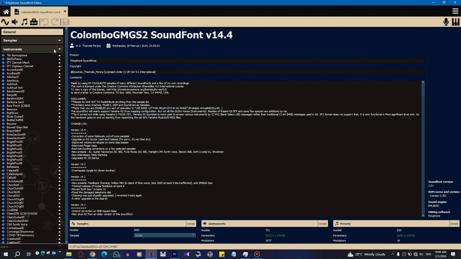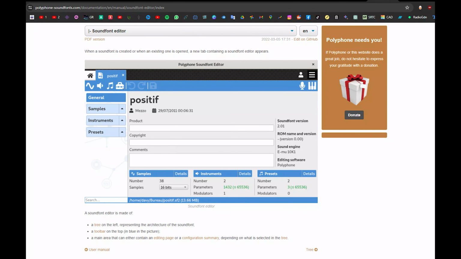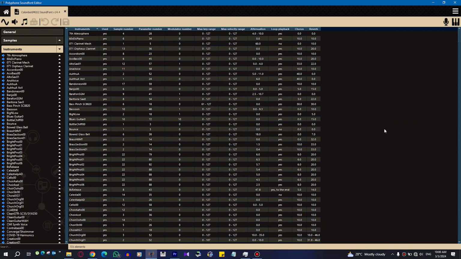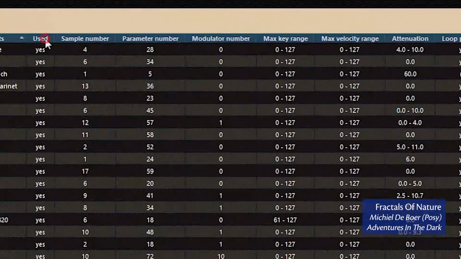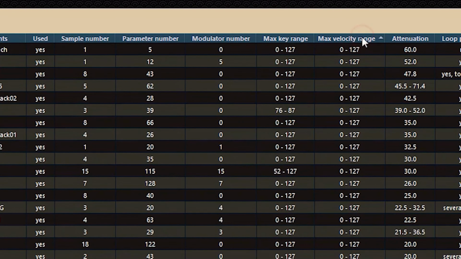And now, welcome to the Instruments tab. At the click on the tab, by the way, this whole story on the left side is called the tree, according to Polyphone's online manual. So at the click on the tab, you can see the huge overview of current instruments. Like I told you last time, I find this overview particularly useful for finding unused elements that I no longer find useful.